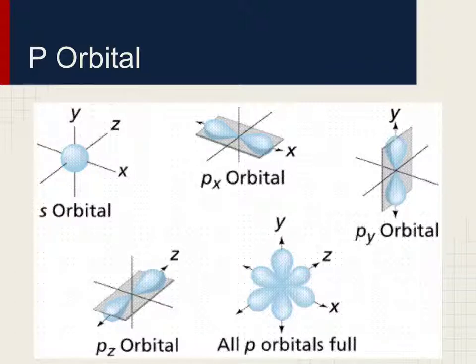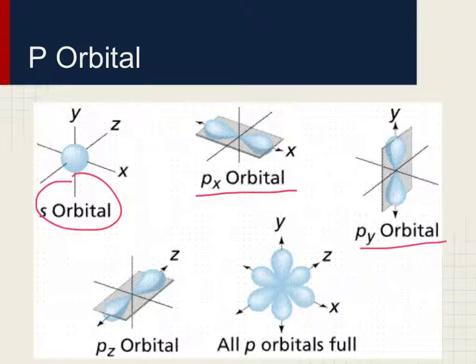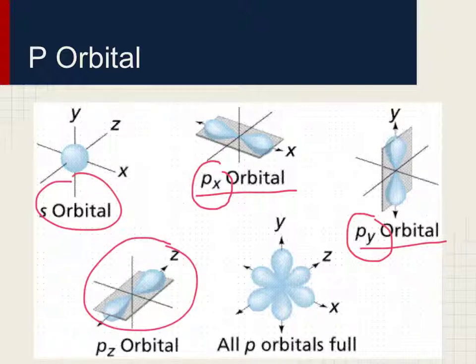So p orbitals don't have a spherical shape like an s orbital. Here's our s orbital here. A p orbital has what you might describe as a sort of peanut shape, or we can imagine a balloon for balloon animals that is twisted in the middle. And so we see it's got this oblong shape. And because these are occurring in 3 dimensions, we will have what we'll call a px orbital. That is a p orbital that rests itself along the x-axis of our coordinate plane. A py orbital that rests itself along the y-axis, and then a pz orbital that rests itself along the